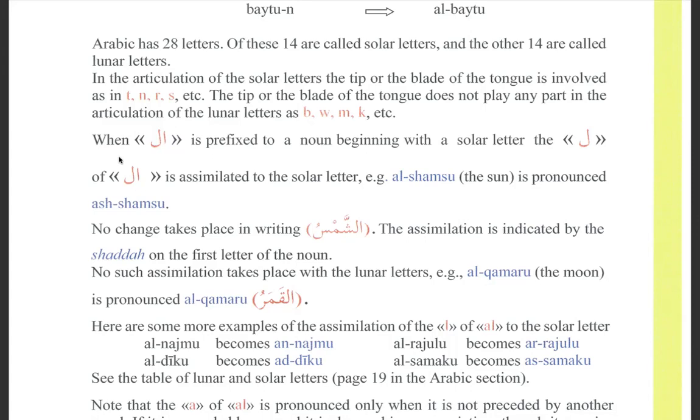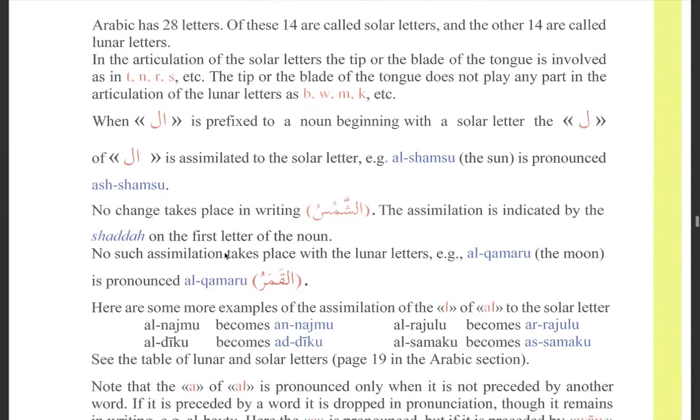So does everyone understand this concept so far? Huruf Shamsiyah, Huruf Qamariyah. Can anybody summarize it for us? Nizam? 14 letters are Shamsi. With that Shamsi letter, we cannot pronounce the lam. We skip the lam and join the letter. Very good. And what about Huruf Qamariyah? It is where we pronounce the lam. Alif lam, lam is pronounced. Very good, mashallah. Jazakumullah. All right, let's go back to the lesson.